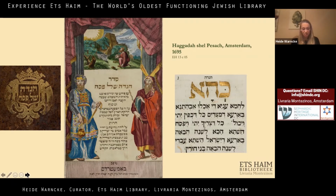Hagadah means telling in Hebrew and commemorates the Israelites' exodus from Egypt. It is read during the Seder. The Haggadah in general is the book with the most illustrations in Jewish book history. You might ask yourself at this point, having the second commandment in mind, if the making of images was allowed, but there is a difference between 2 or 3-dimensional images. 3-dimensional graven images are not allowed according to the second commandment, and you are not supposed to worship a graven image, of course, but there is no problem with